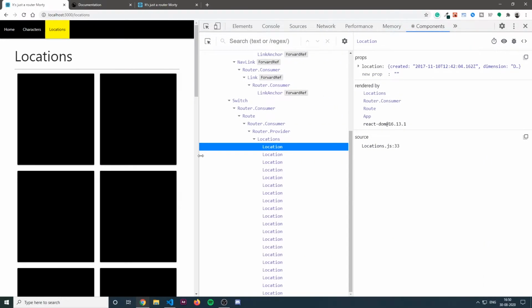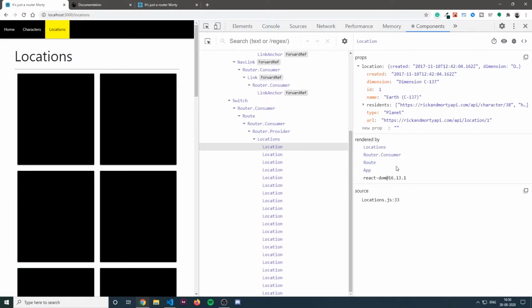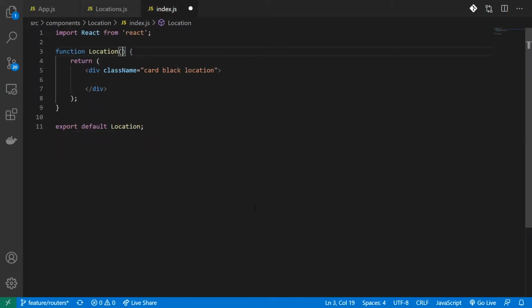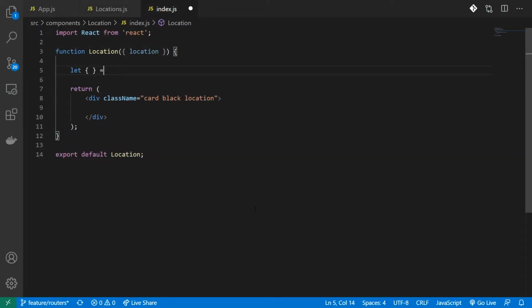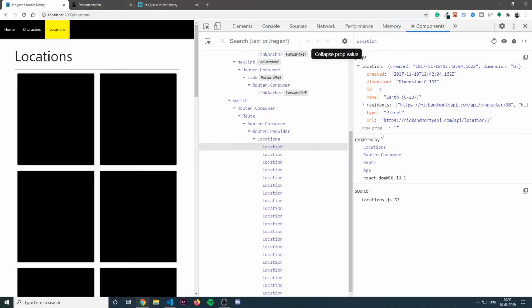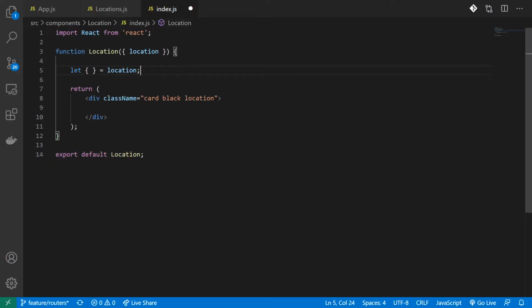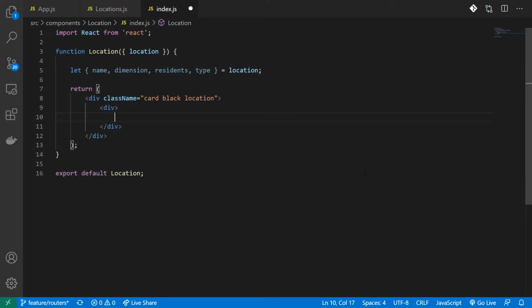Now let's use the data that I'm sending from the location prop. I'll grab location. And from my location, let's get name, dimension, residents. I'll create a new div, give it a class name of card content.